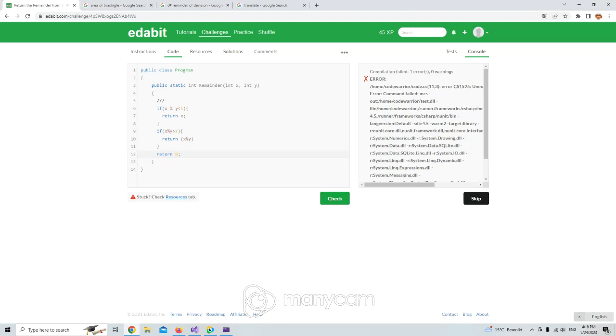If x modulo y is smaller than y, greater than y, else, can I do this? There is never coming. If x modulo